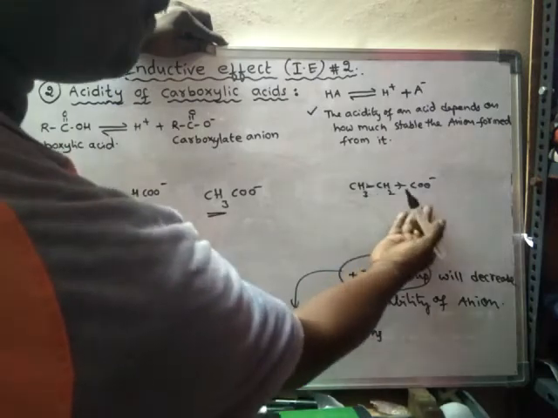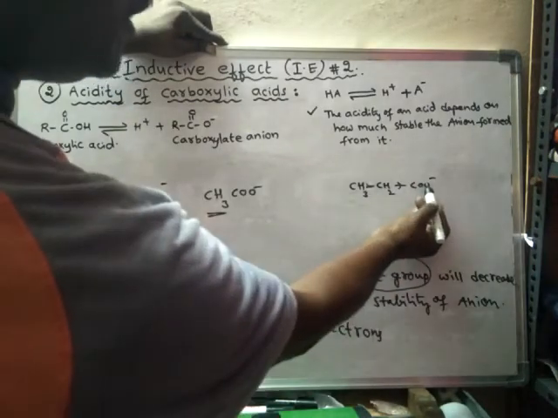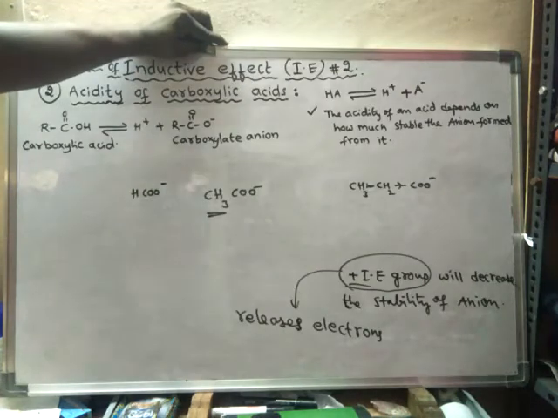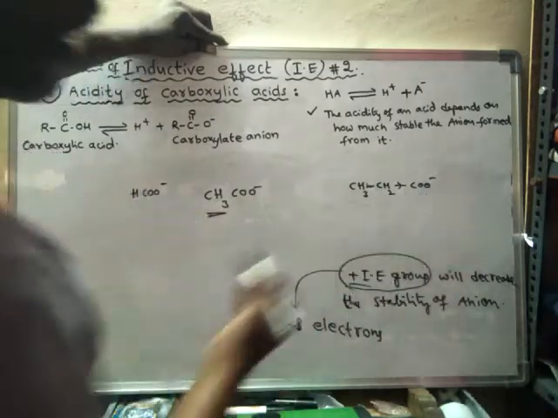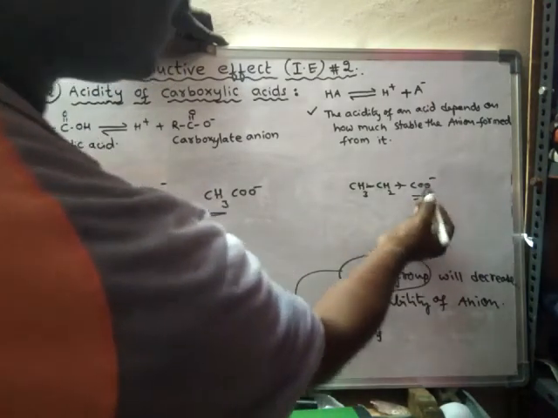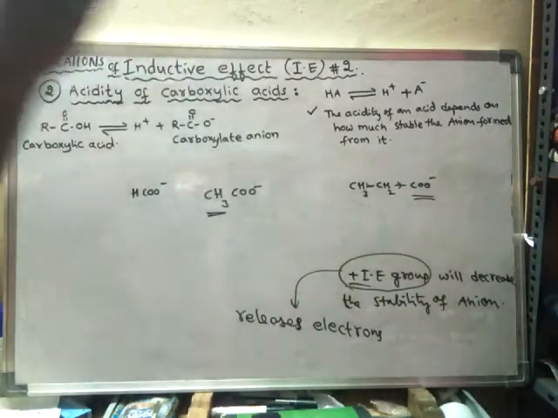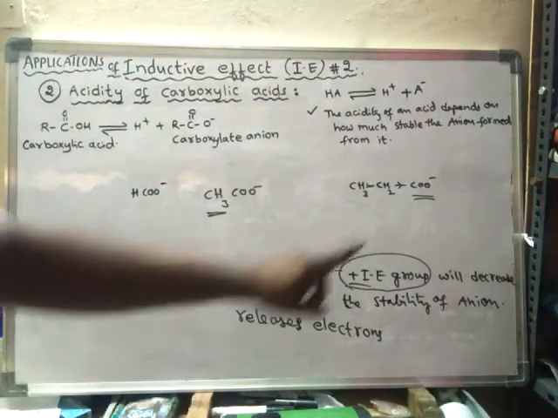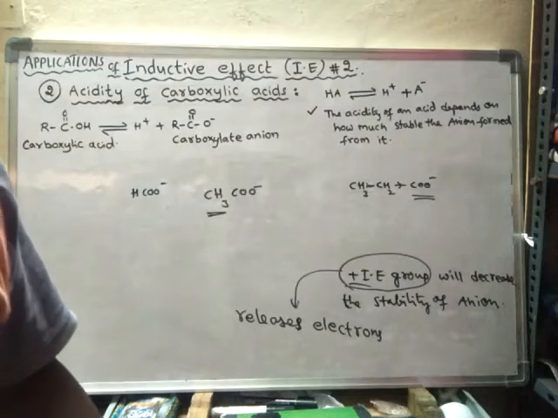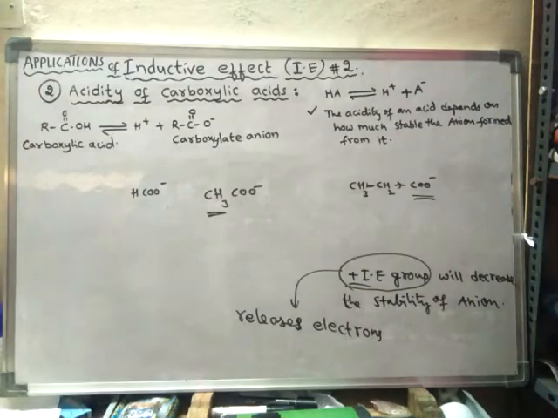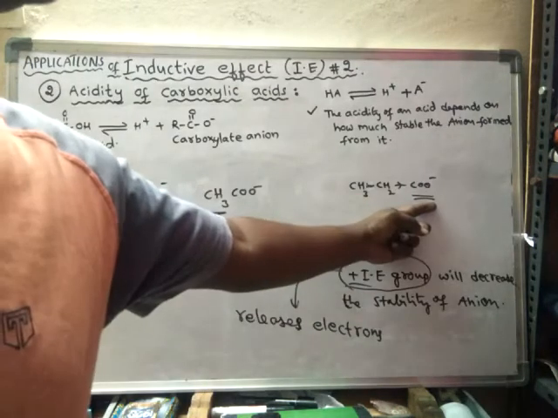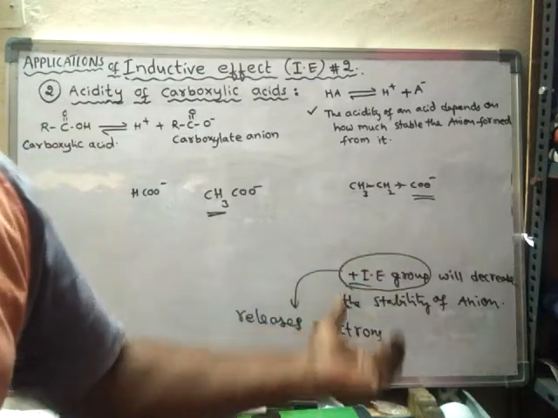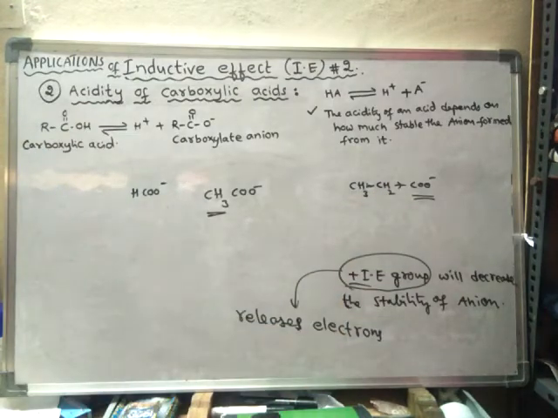So these electrons are pumped into this one. Already this oxygen is suffering from negative charge. Again some more negative charge, or else some more electron density, is added to this part. As a result, this oxygen will get more negative charge. Whenever negative charge is increased, the stability decreases, or else an increase in any charge will decrease the stability. So here the charge is increased on the oxygen, therefore the stability is decreased.